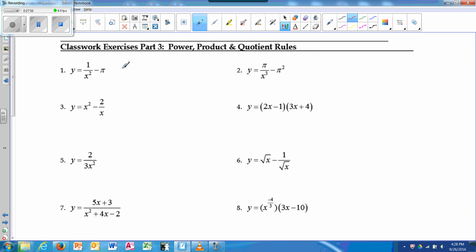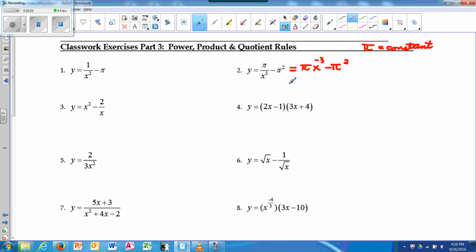Okay, so we're going to go through a few of these for practice. But for the most part, you're going to work these on your own to double check and be sure with the answer key that you're understanding. So for number 1, actually we'll look at number 2, it's a little trickier. For number 2, this is not something I would really want to do the quotient rule for. Tricky part about this isn't the rewriting,